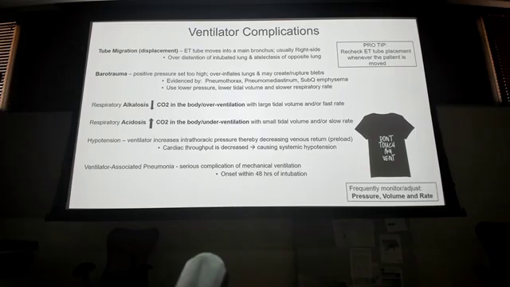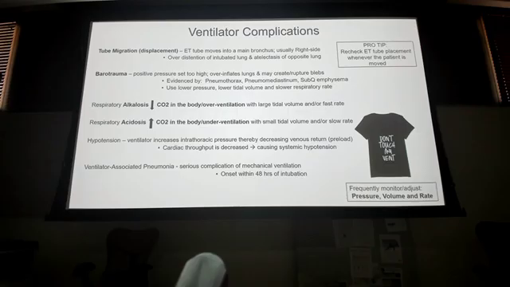Barotrauma, right? Positive pressure set too high. We're causing pneumos, or may create ruptured blebs, right? We're overinflating the lungs, evidenced by pneumothorax. What's a pneumomediastinum? Amen, my man, right there. Air in the mediastinum, right? So it's that air between the lungs and the center of the chest. Typically, this responds pretty well as long as it's not too big of air. It will self-absorb. Sub-Q emphysema is another possibility.